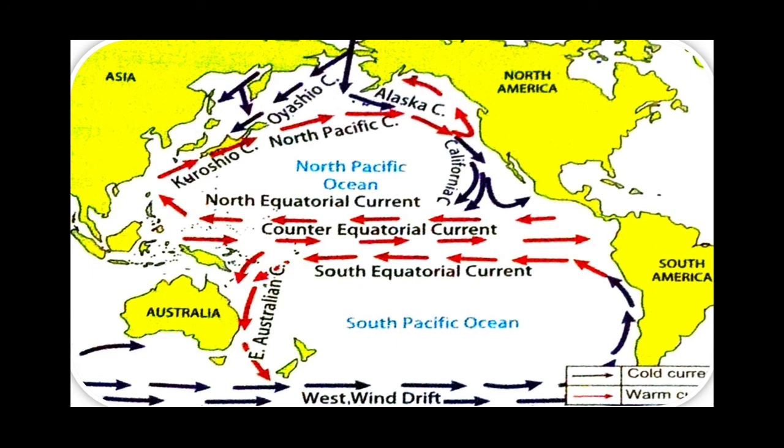So this is a warm current. It modifies the temperature of the eastern coast of Japan and keeps the coast warm even during the coldest month. The coldest month here in Japan is January. So even in January, the coastal area remains comparatively warmer. So students, this is all about the Kuroshio current or the Japan current.